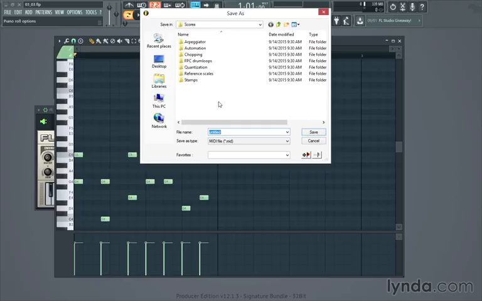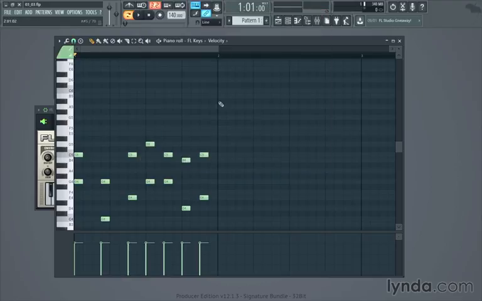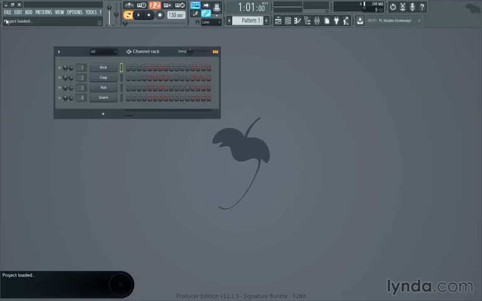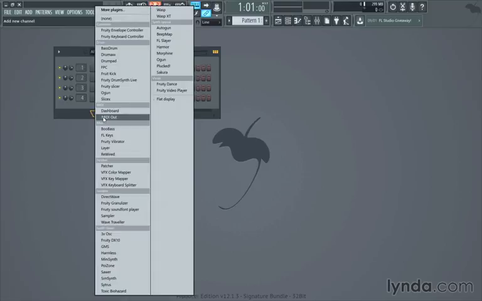I can then give it a name, which I will do by calling it MIDI School, and then hit Enter. And this has now saved it as a separate MIDI file. If I then go over to the main menu here, click on File and then New, I've then got a new project loaded. I can then click on this plus button to add a new channel, then select a basic